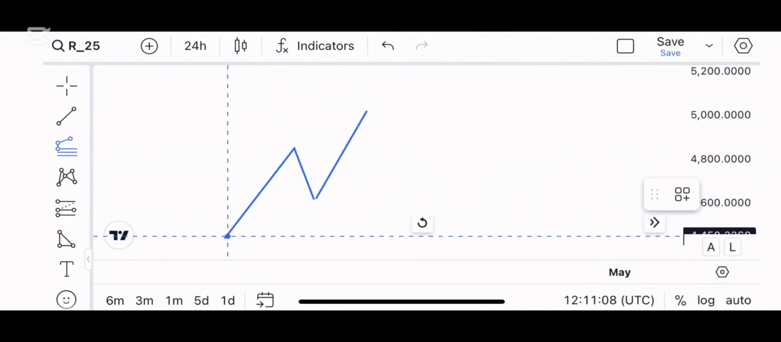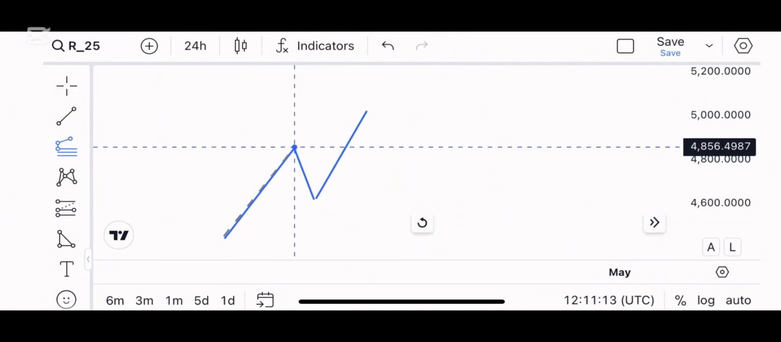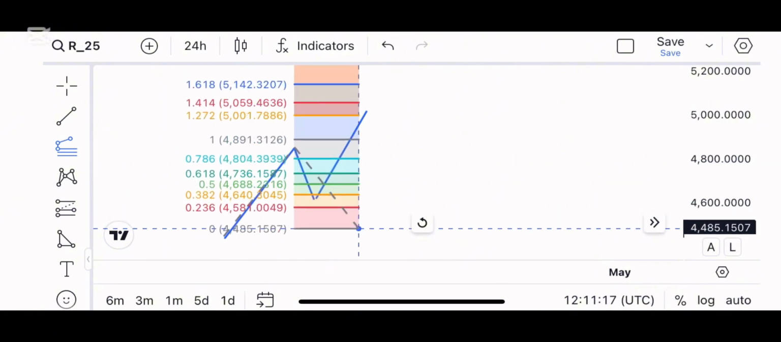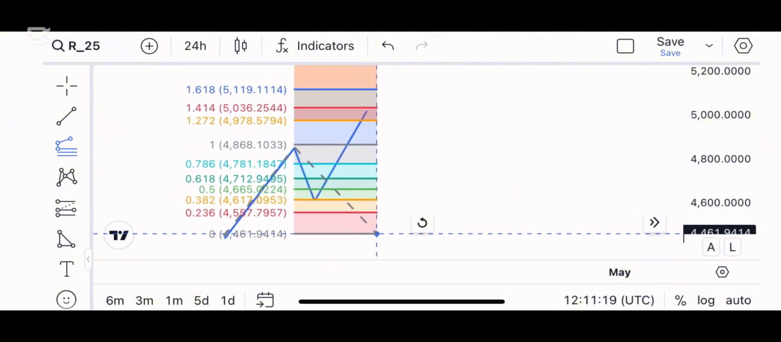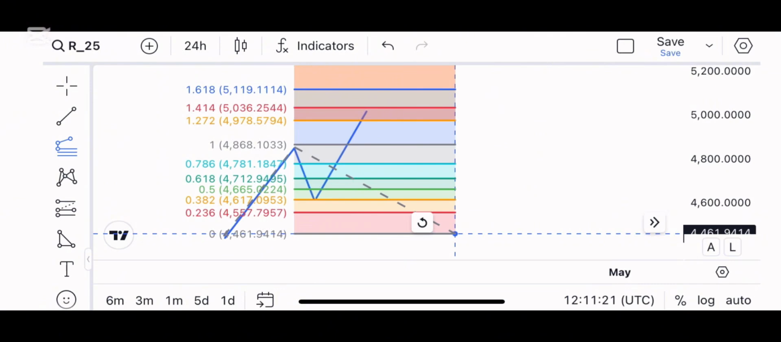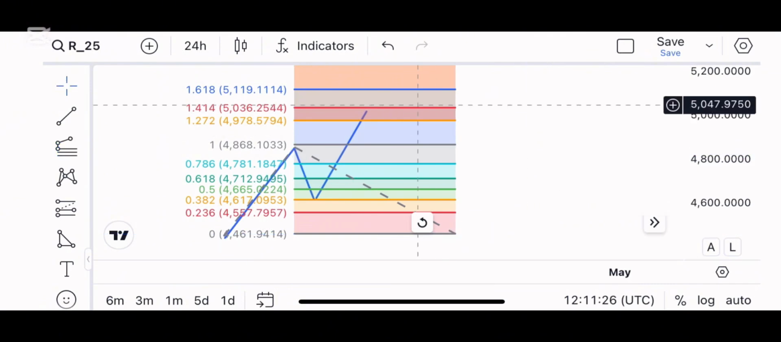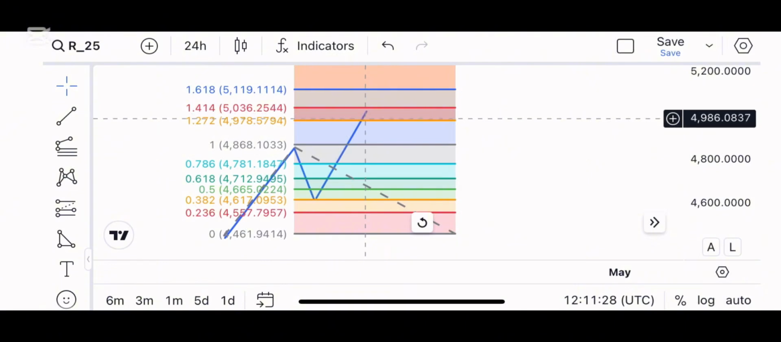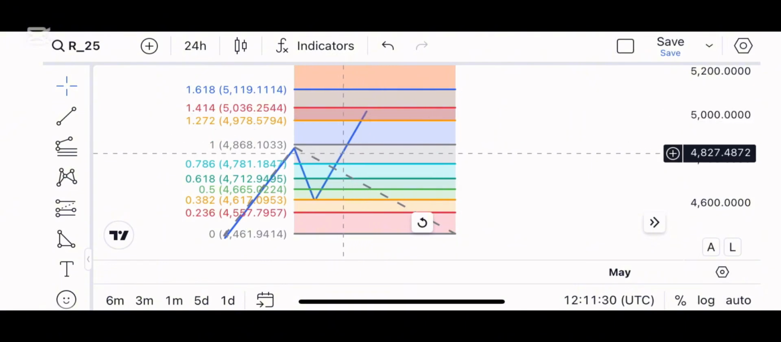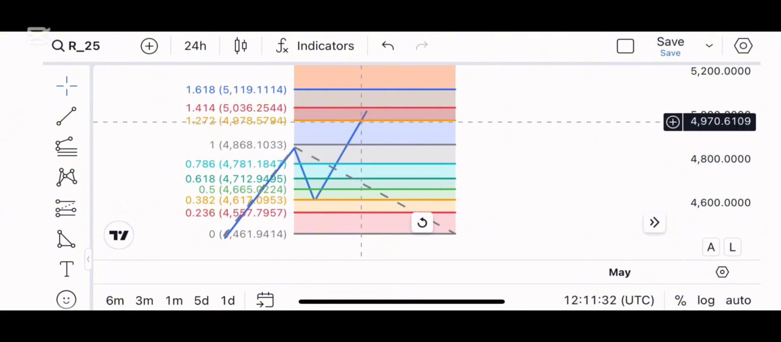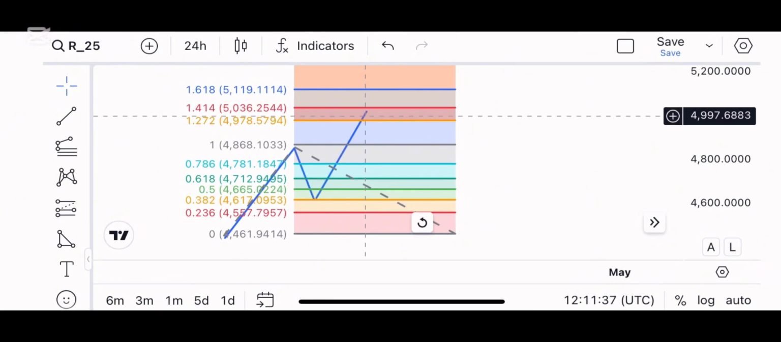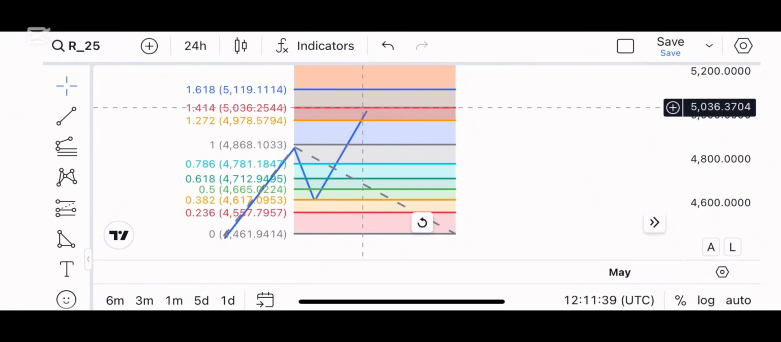So look at what I'm doing here. I'm gonna place it at the origin, drag it to this top, then drag it down all the way to the origin. Are you seeing that? I'm just gonna stretch it all the way here. So if you look at this particular leg here, like I said, what we want from this leg is for it to break through the 127 Fibonacci, but does not close above the